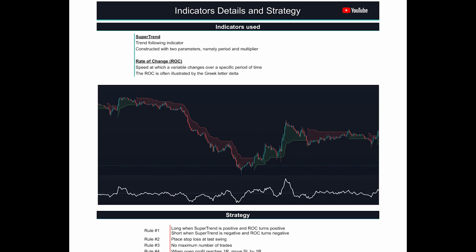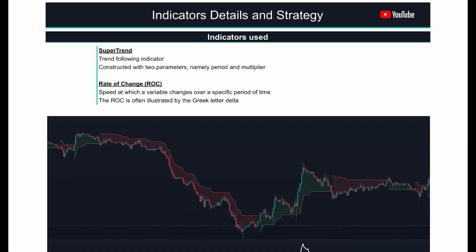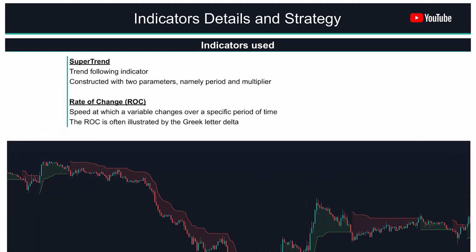This strategy involves two trading indicators. It's the Supertrend and the Rate of Change. As the name suggests, Supertrend is a trend following indicator just like moving averages and MACDs. It is plotted on prices and its placement indicates the current trend. The indicator is easy to use and gives an accurate reading about an ongoing trend. It is constructed with two parameters, namely period and multiplier. The default values used while constructing a Supertrend indicator are 10 for the average true range or trading period and 3